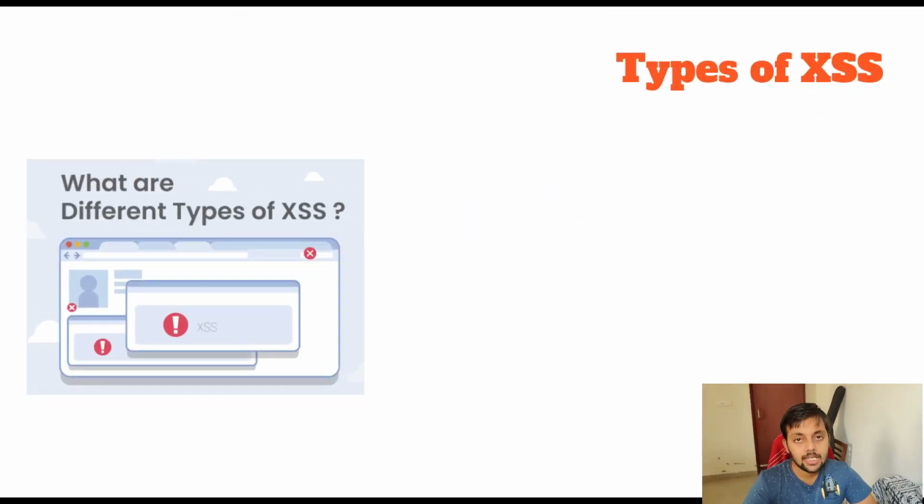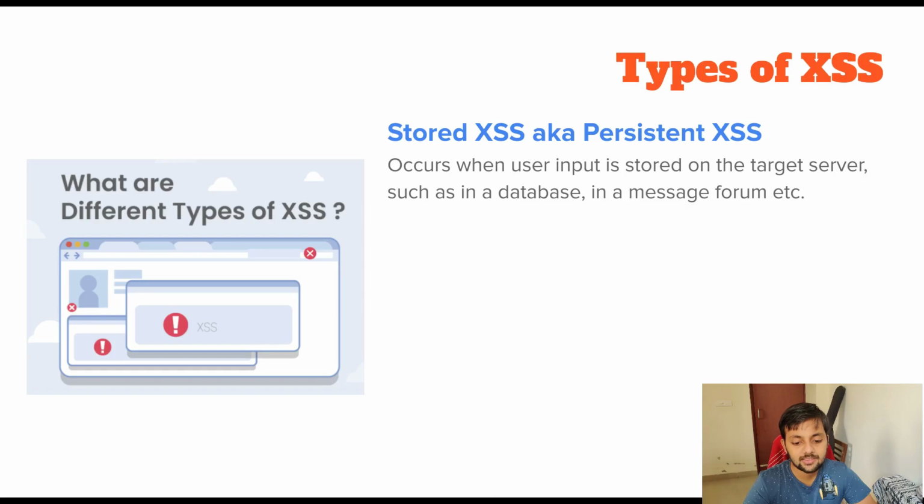Now let's see what are the different types of XSS. The first type is stored XSS, also known as persistent XSS, and it's more dangerous than the non-stored kind. This is the kind of XSS that we are going to see in this lab. This occurs when the user input is stored on the target server. Storing user input could be in the form of comments or maybe posts. Suppose there's an XSS on Facebook, so that could be a stored thing. Suppose the XSS is being executed in the post. If you create a post, that post remains on your profile or on your timeline. So anyone who goes and visits your profile would be a victim of that XSS